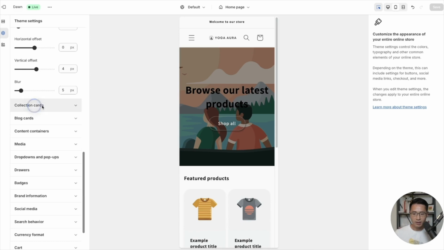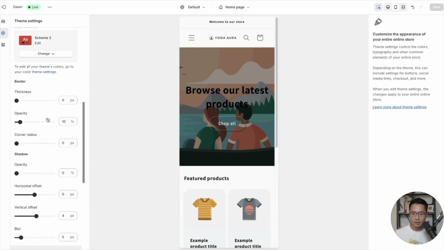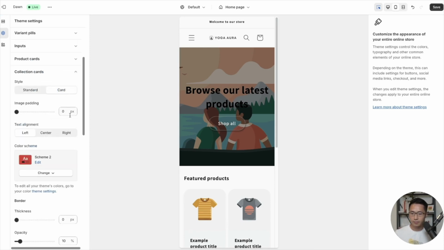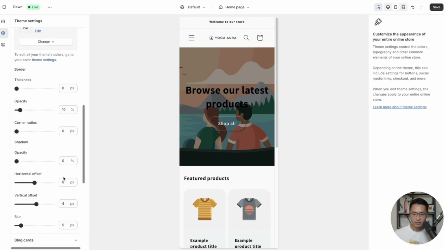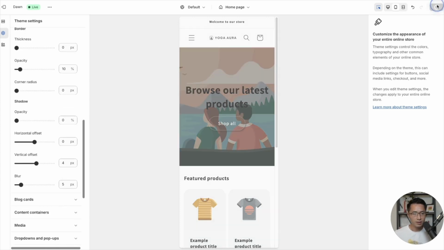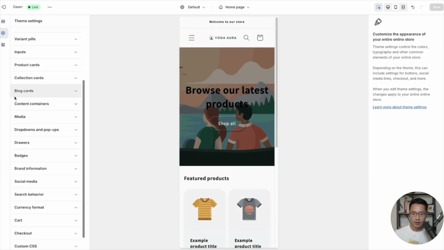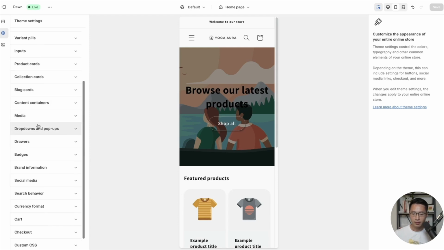Next, we have collection cards. Expand this. Click on card. And then for the color scheme, let's also change it to scheme 3. And then the rest of the options are perfect. Click Save. And then for block cards, content containers, and media, we can just skip and click on drop down